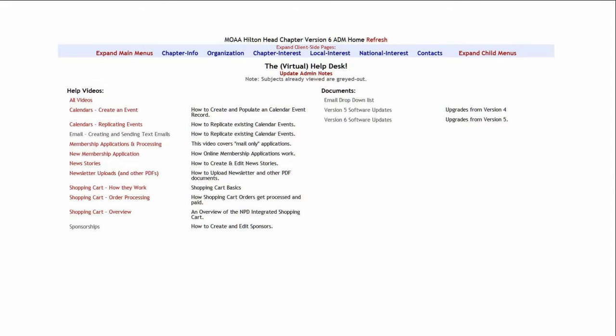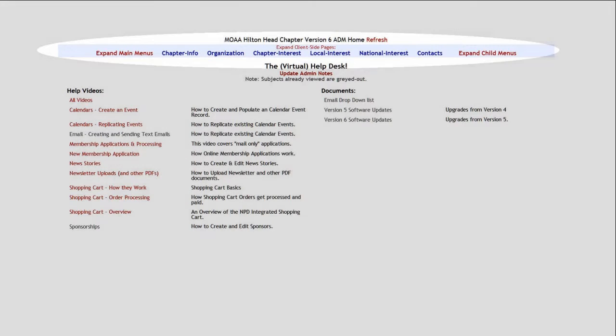Given that version 6 includes many new functions, I've redesigned the admin navigation scheme to be more logically structured. The default admin homepage includes a single menu bar, which controls your website content. To view the other admin menu bars, you would click on the link on the left that says Expand Main